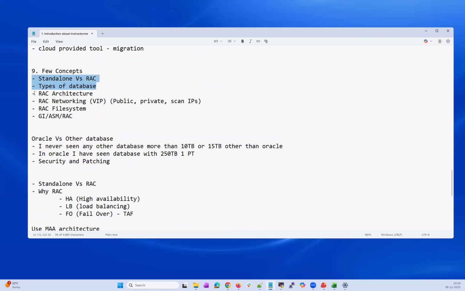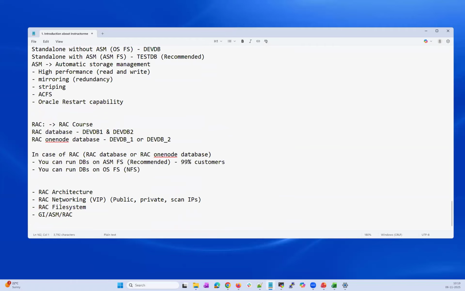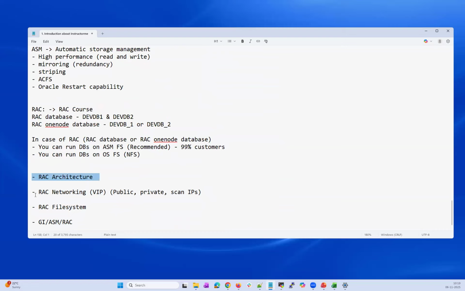There are a few more concepts, but I'll pause here for today. I'll continue tomorrow from the RAC architecture, networking, and RAC file system. The RAC file system means your PFILE, SPFILE, redo log files, control files, alert log files, trace files, diagnostic files, your system, sysaux, undo, users, temp: where you are going to keep them, ASM storage or local storage, whether they are shared between the instances, how you're going to manage redo log files and control files, and how you can add new redo log and control files.